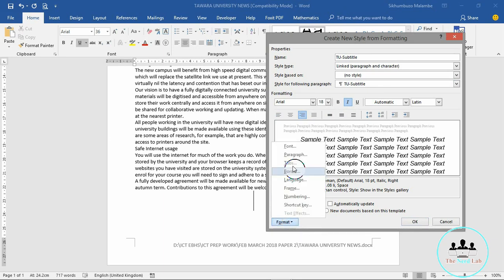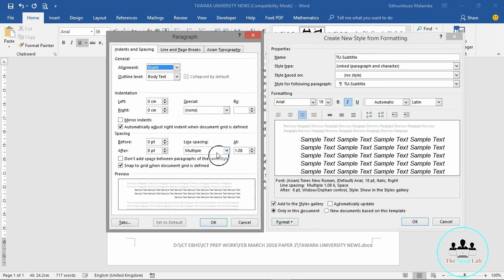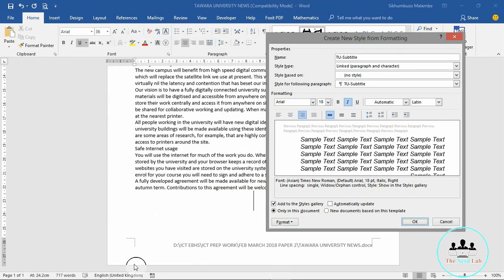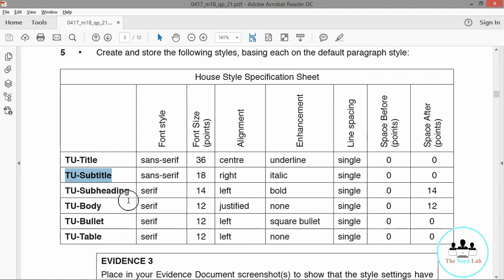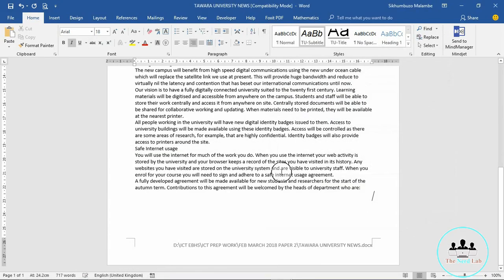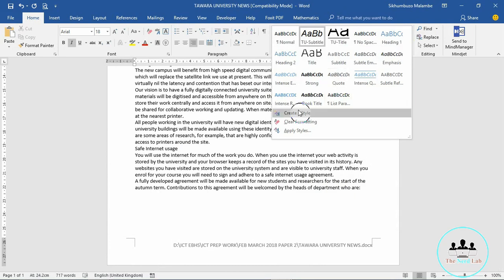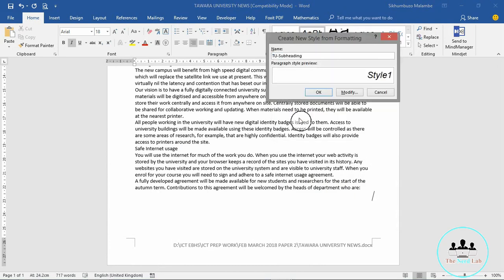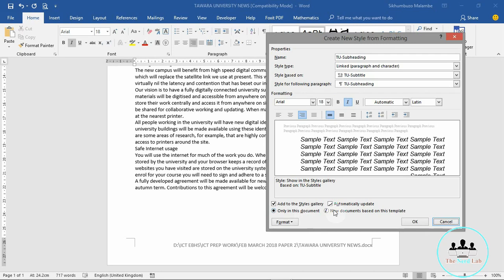And the next thing that we can then do is come here and check that it is single line spacing, and it is at 0. Then we can say OK. Let me just confirm that it is true. It is a sans serif font, 18 points, right aligned, italic, single, 0, 0. Then that should be it. While I'm here, I could get that also and come back here and say that is the information that we required for now. And then I create another one again, and I say create, and I say modify that style,